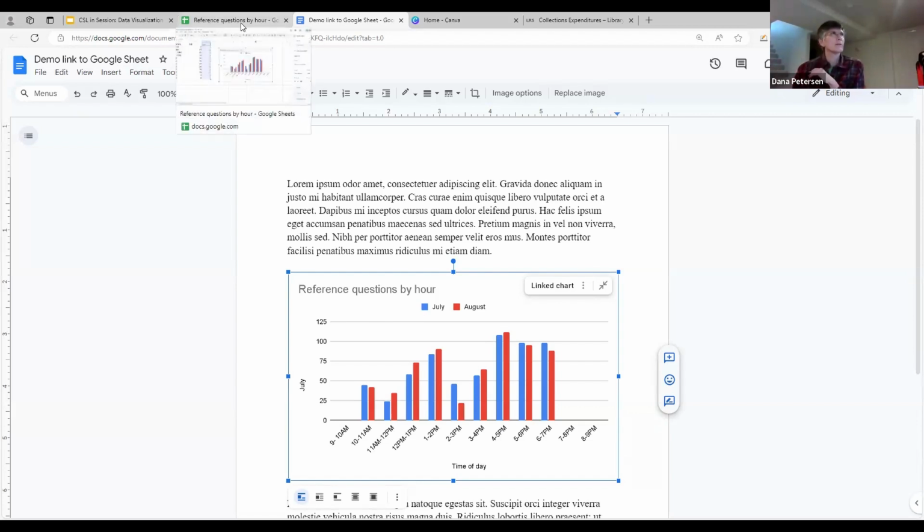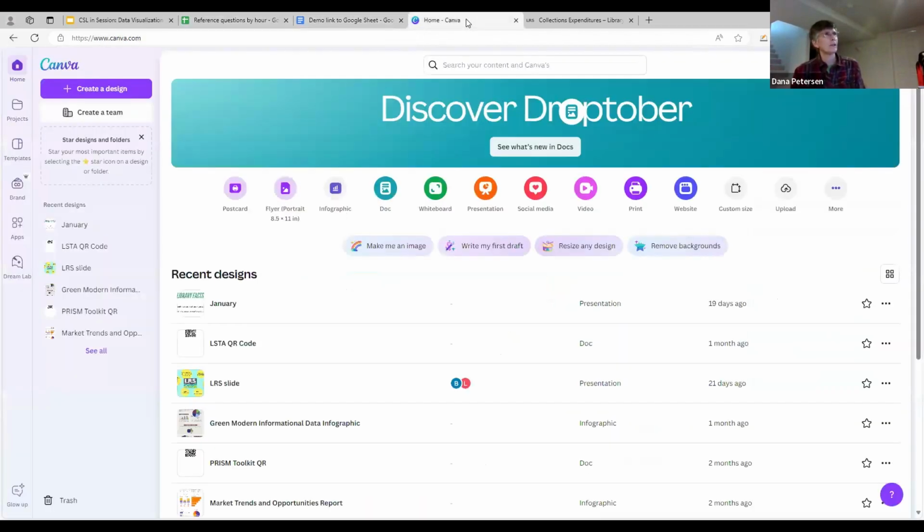There is another tool that other libraries have been telling me about, Canva. And I'm also going to show how you can bring data into Canva. So we're going to head over to Canva. LRS has just kind of started exploring it a little bit, finding our way. And maybe you are a Canva shop. Maybe you actually create reports or newsletters in your Canva and you want to bring in some data, some visualizations in those. So I'm over here in my Canva and I'm going to choose a postcard.